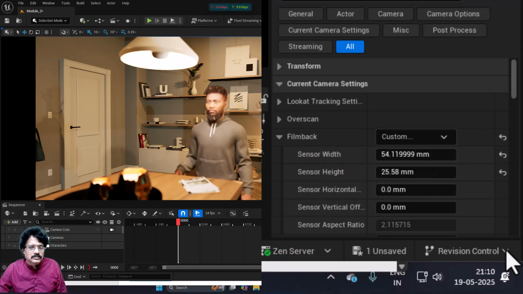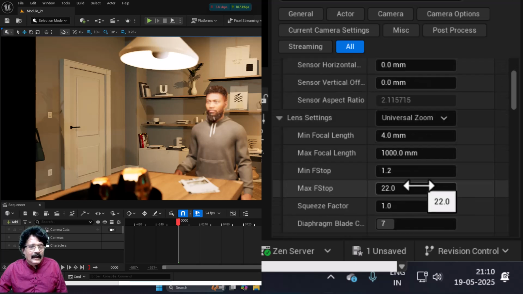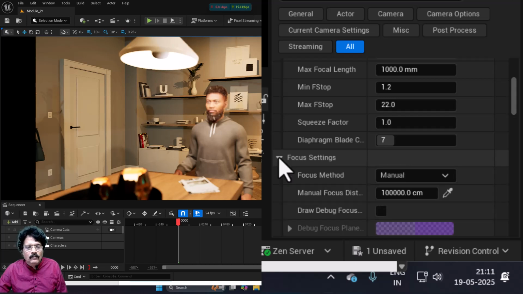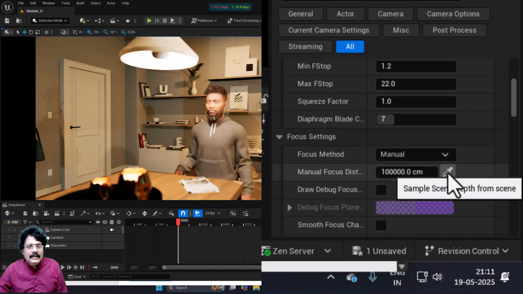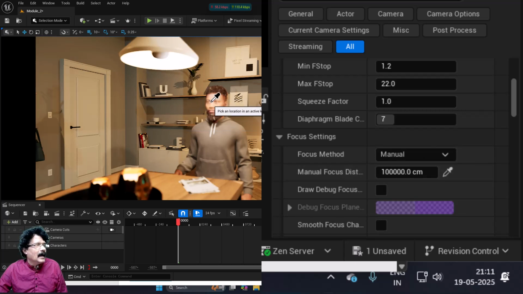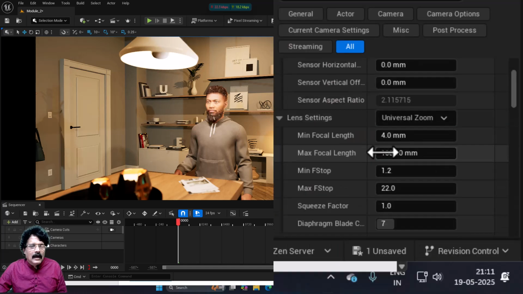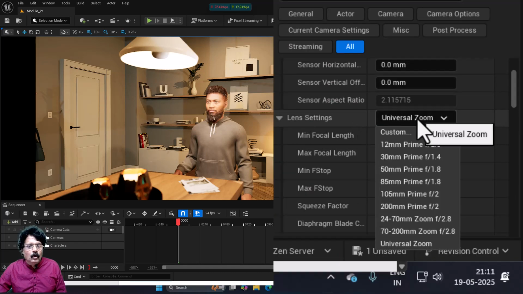This is not in focus. So, I will just scroll down, and I will come down here to the lens setting, and below the lens setting you have the focus setting. Coming to the focus setting, I will select this eyedropper, and I will click on the face to focus it. Now, as of now it is getting overexposed. We are going to come into the exposure control in the next session, but as of now I have an ARRI Flex camera, and I am going to set it up. I will come into the lens setting, and I am going to set this to a 50 mm prime f1.8